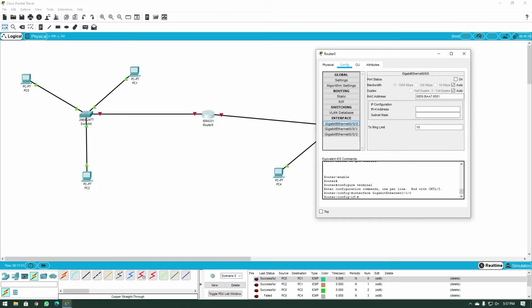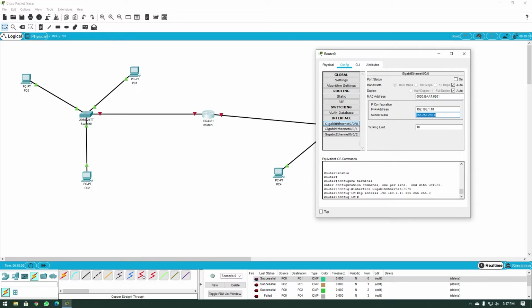So the IP address of the router interface that is connected to that network also needs to be from that network. So we will say 192.168.1.10 and we'll say tab. It will populate the subnet mask automatically, because it's a 24 address. So we have 255.255.255.0, rightfully so.